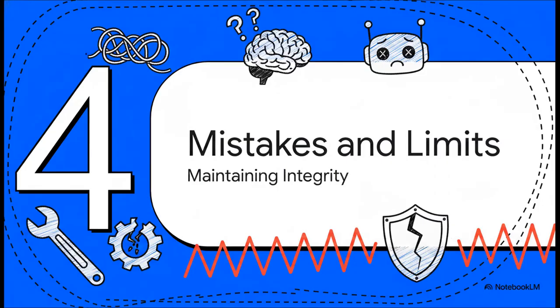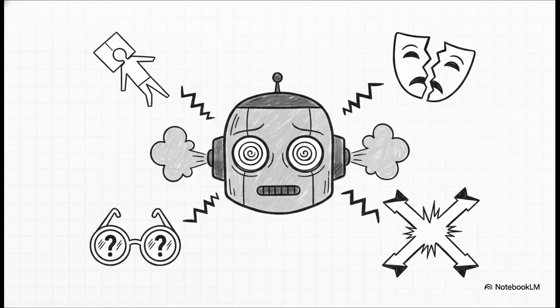Which brings us to Section 4, Common Mistakes and Limits. Look, like any advanced technique, there are some pretty major pitfalls you absolutely must avoid. First, superficial definitions, getting lazy and reverting back to just saying, act like an expert. Second, breaking character. If you set up an amazing persona and then randomly ask, but what's your real opinion? You completely shatter the illusion.